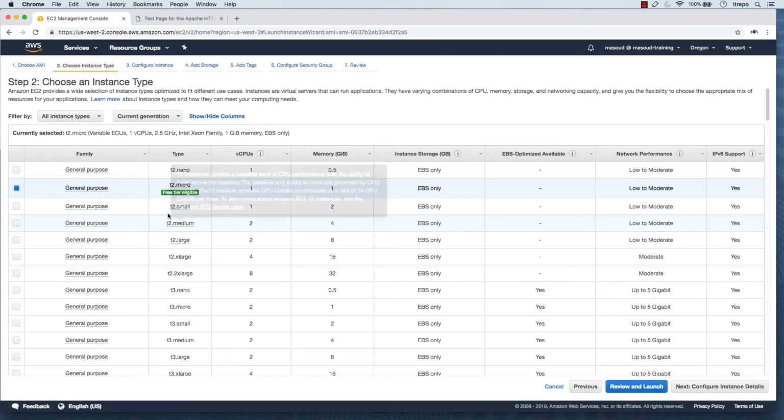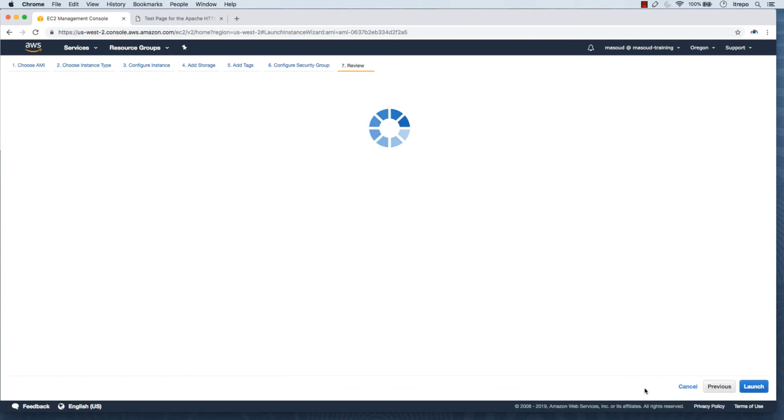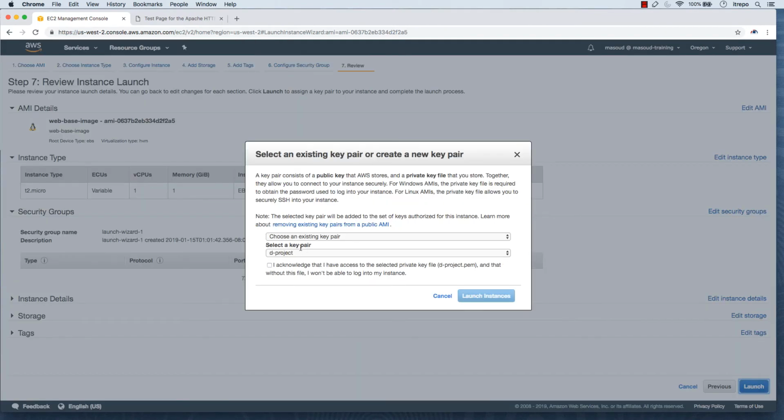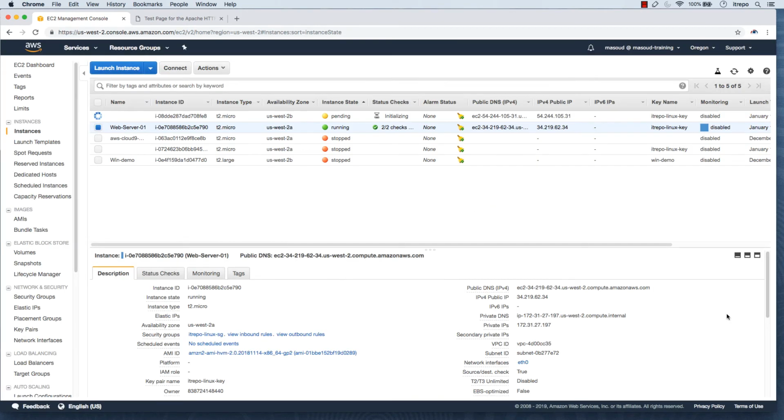You see, we are going through the same process as we went before for creating an EC2 instance, but the difference is that if I click on review and launch here and go to the summary page, I can just click on launch and select the previous key that I used, for example this one. So I'm building an on-demand EC2 instance that is technically based on the web server that we already took an image of. So when this one comes up, it's going to be exactly the same as web server 01,